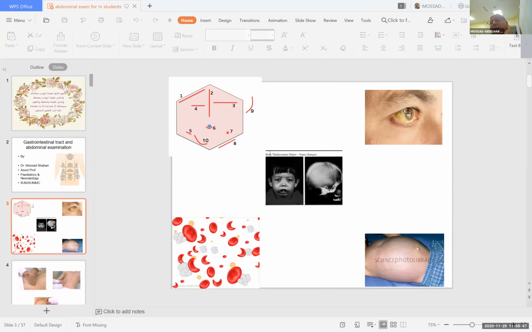What can you see in this picture? Scleral jaundice. Scleral jaundice. Very, very clear, yes. But sometimes in the exam, and sometimes in actual life, because you are a bit hurried, you can miss it. So if you find this eye jaundice and you find this child in the middle, what is this? What can you see? This one. Thalassemic faces. Yes. Chipmunk face. So we have malar prominence, we have mongoloid features, we have all of this of thalassemia.